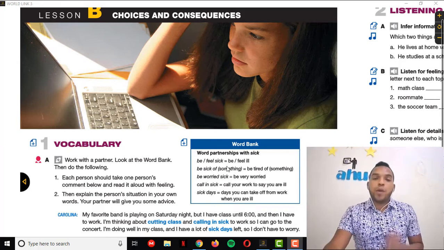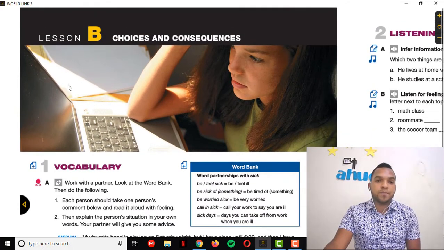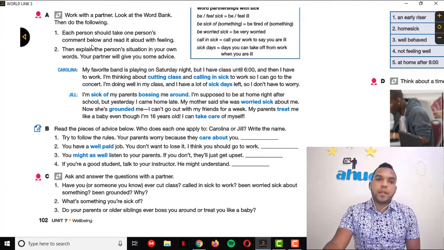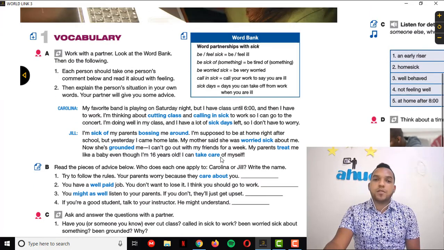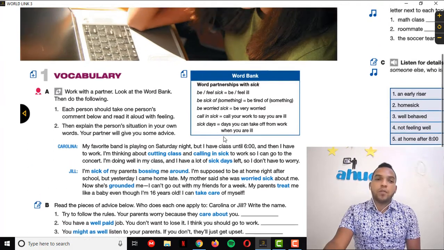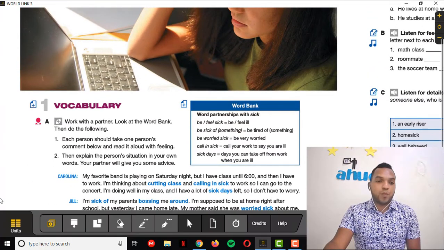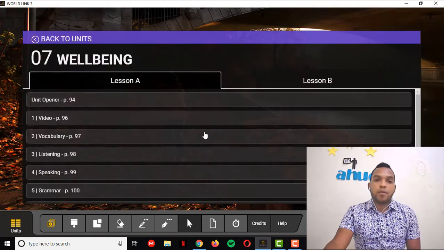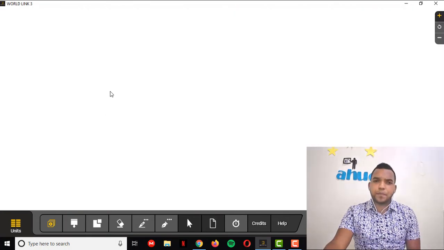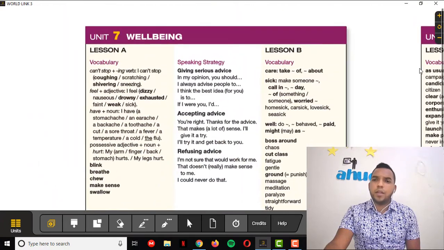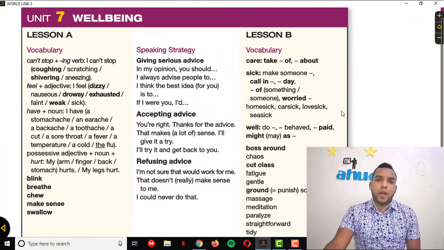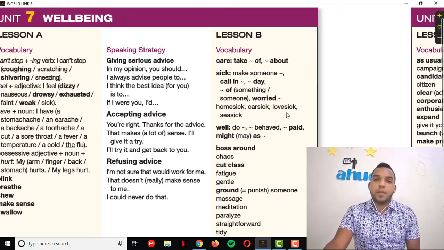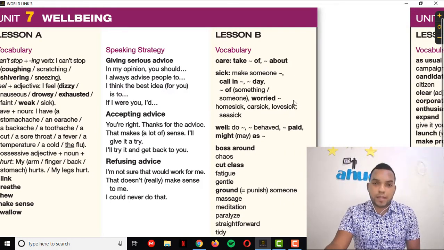All right, so we're going to start today with the vocabulary, as you can see over here. In this part, there is a reading where you can practice your pronunciation and also your reading skills, because you have to complete these exercises to see how well you understand. So, let me go right away to the language summary of this lesson B. Okie dokie. So here we have it. All right. So I'm going to try to make it as simple as I can.